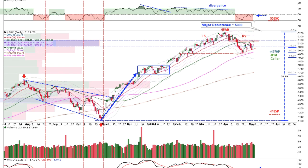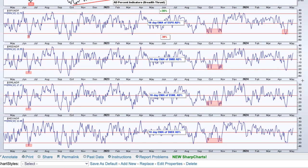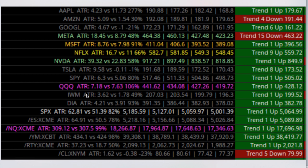With RSI rising, we're looking for a follow-through as the trend begins to strengthen, with advanced decline percent showing a bullish follow-through on all 4 indices, the S&P 500, followed by the mid caps, small caps, and the NASDAQ 100 in the lower panel in descending order. That gives us a green light and a shift that Grover's indicators noted as well. Just on Thursday, we had most of these indicating a continuation on a trend down,